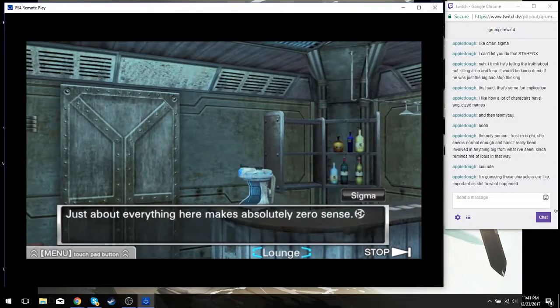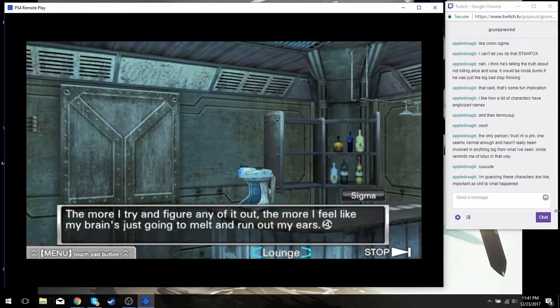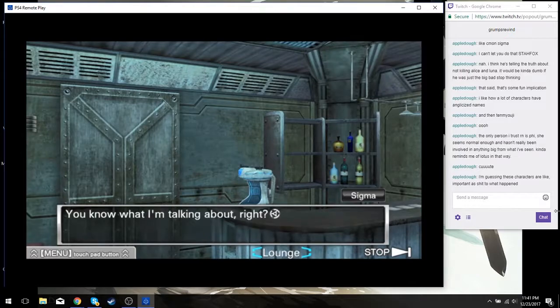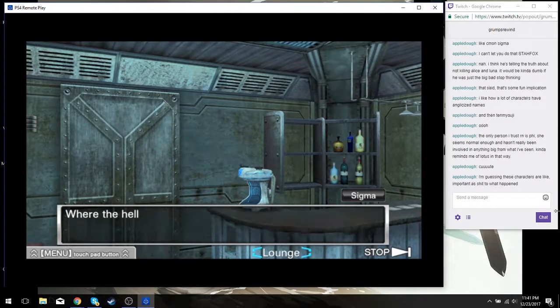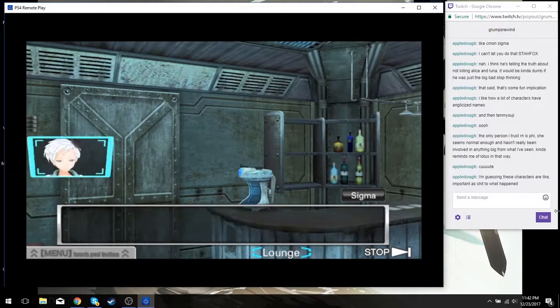Just about everything here makes zero sense. The more I try to figure any of it out, the more I feel like my brain's just gonna melt around my ears. You know what I'm talking about, right? We managed to figure out who the killer was, but there's still 100 other questions we have no idea about. Where are we? Why are we even here? What's this whole notary game thing for? And what's Zero Senior up to? Who is he even? The rabbit said he was one of us, but...